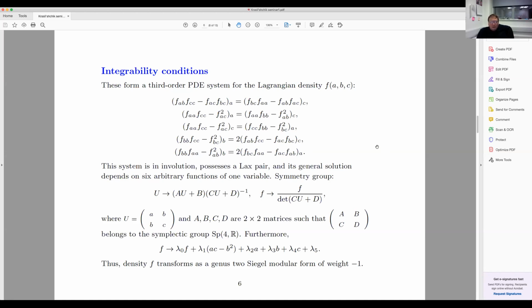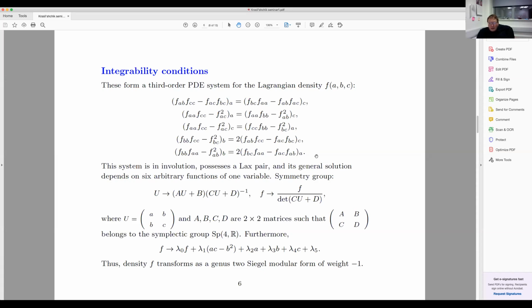They're all conservative. They're written in conservative form. Okay, and they're third order, they involve third order partial derivatives of this function f. All right. What we have done, we checked that this system itself is in involution. So it's overdetermined, right? It's overdetermined, but it is in involution, right?